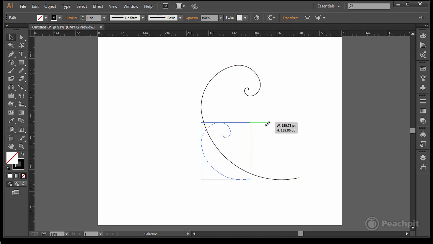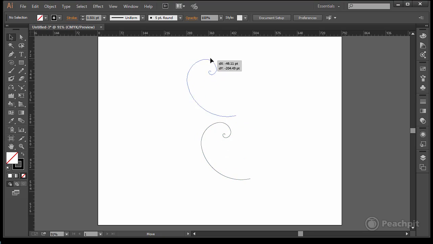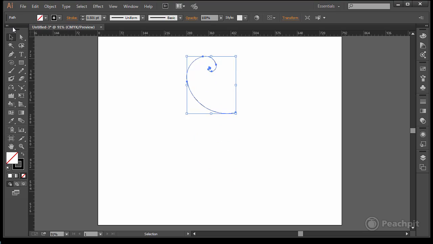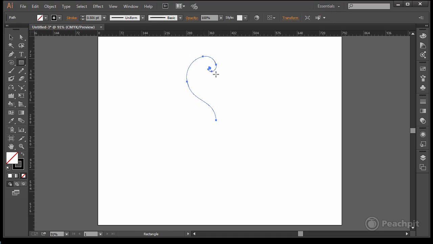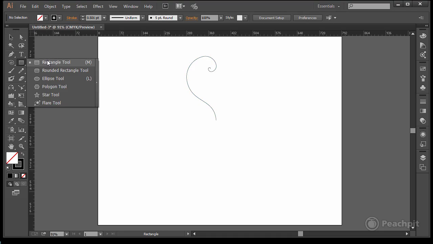We're going to make this size just a little smaller, and we're going to change it just a little bit right here. Move that over. Perfect. Now to go along with this, we are going to have a rectangle,